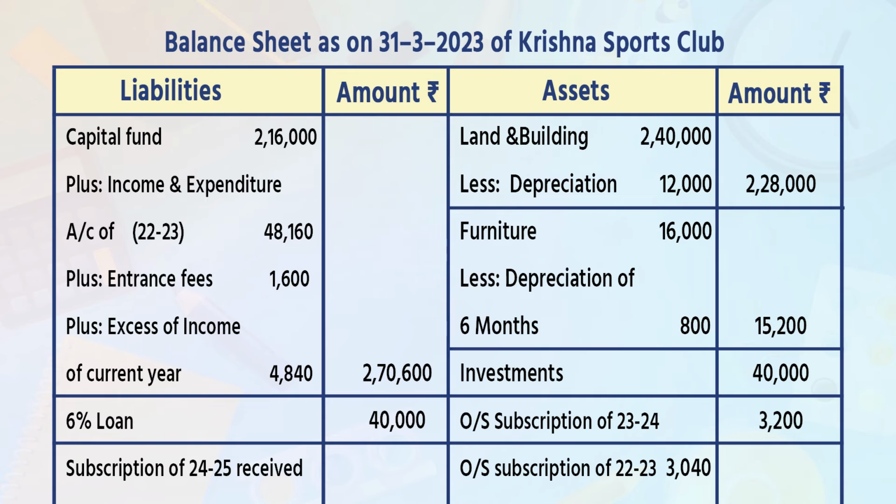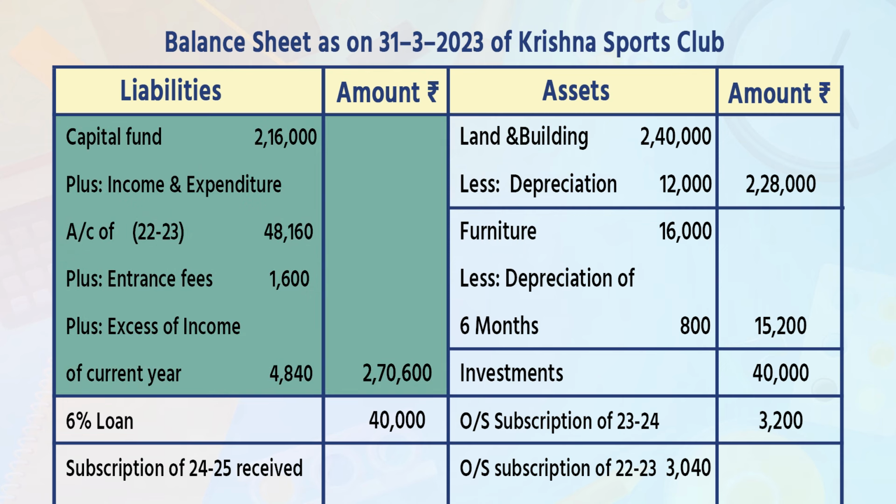Yes students, now we have to prepare balance sheet as on 31st March 2024 of the same, that is Krishna Sports Club. Prepare liability, amount, asset, amount. Yes, now kindly pay attention over here. In that, the first is capital fund 2,16,000. We have to add income and expenditure account, the amount is 48,160. Again, we are going to add entrance fees 1,600. Then add excess of income of current year, that is 4,840,